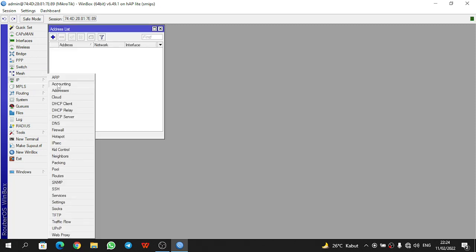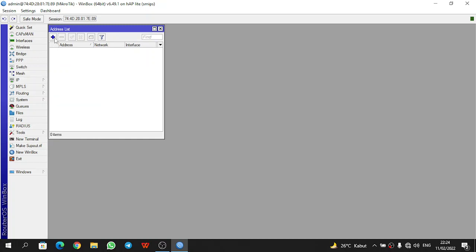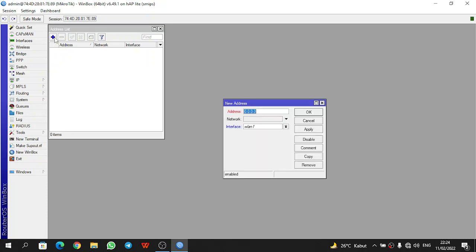For example, I make the IP 192.168.10.1/24 and the interface Ether 2. You can apply.